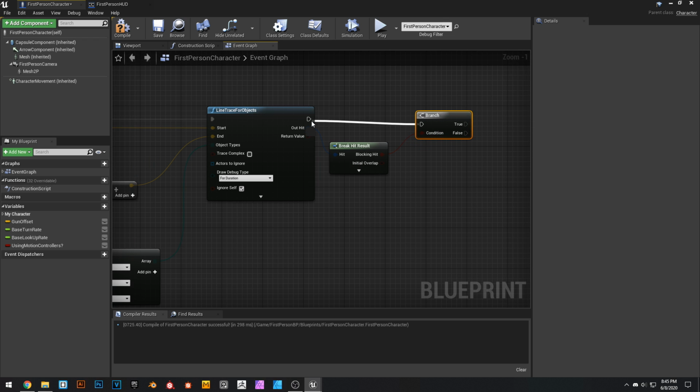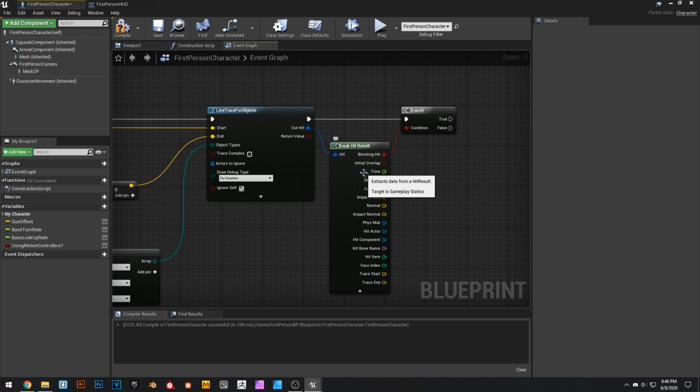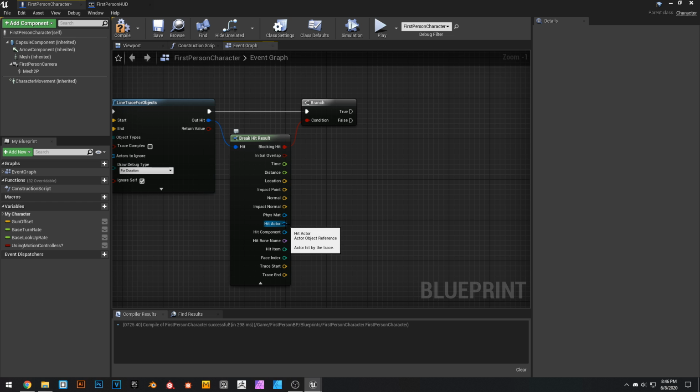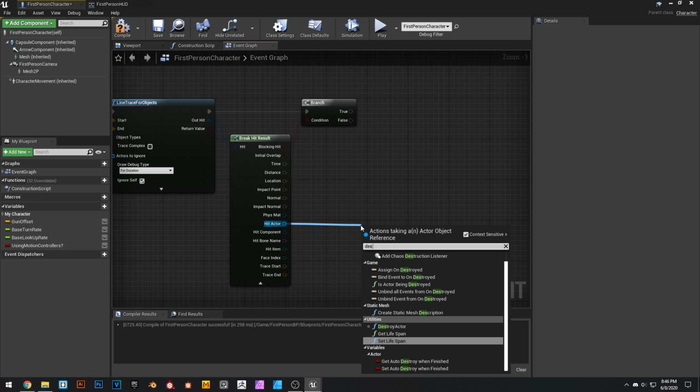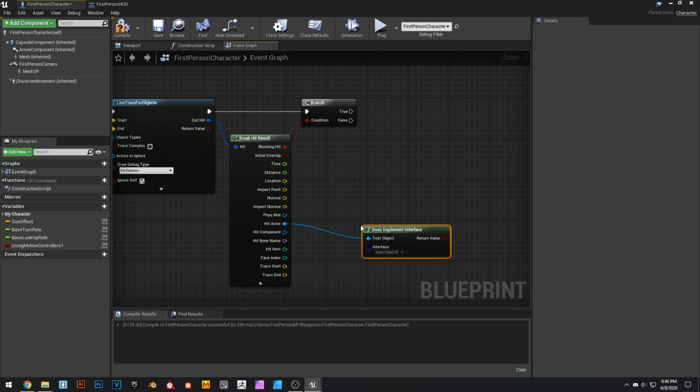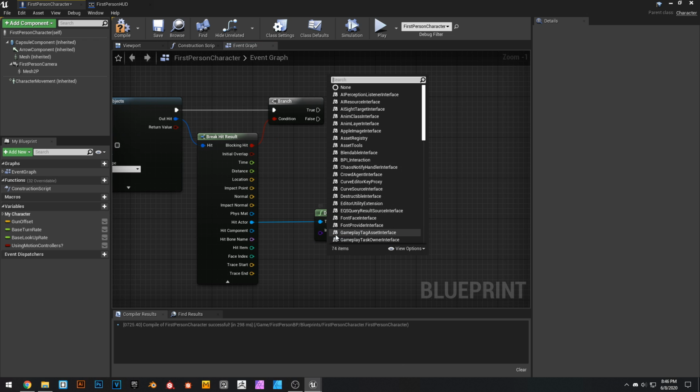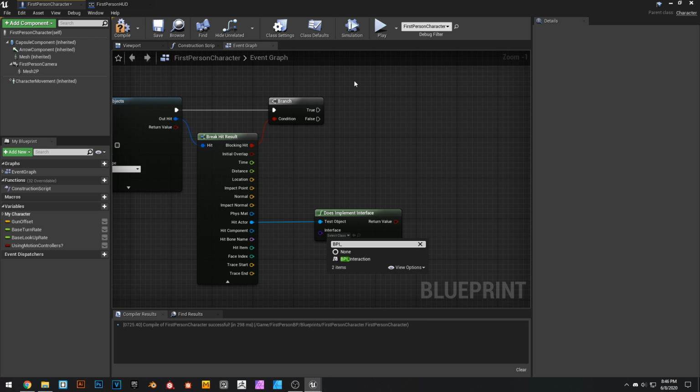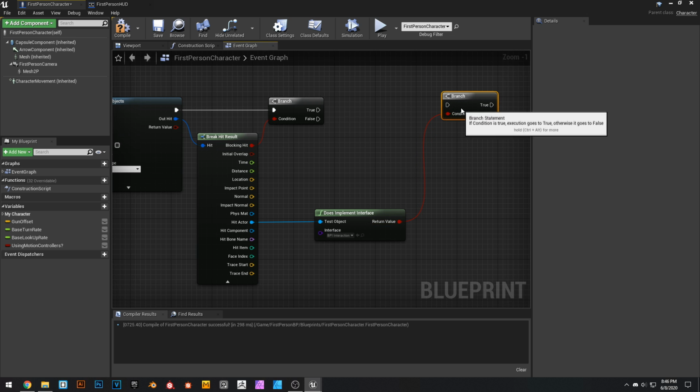And this is kind of like a safety barrier to make sure that we're not interacting with things that we don't want to interact with. And then out of the hit actor, we're going to use a node called does implement interface. And this basically means it's going to check if that interface is included, the BPI_interaction, or whatever you might have called it earlier. Then we're going to branch it, check if it's true or false, and drag that back into